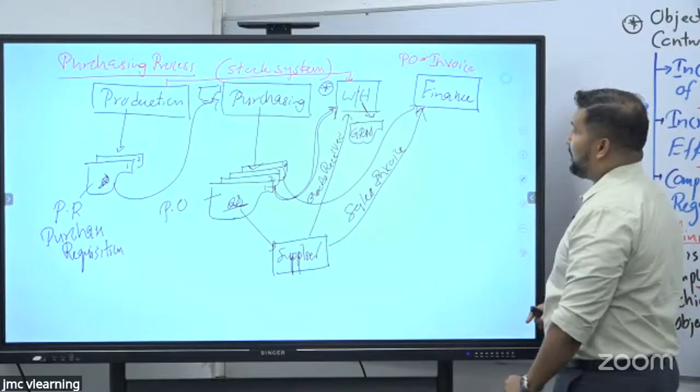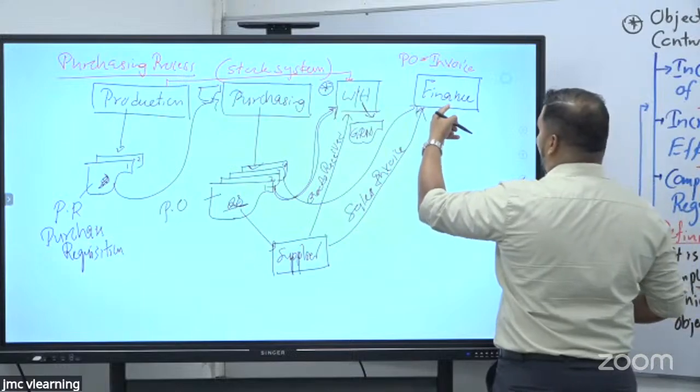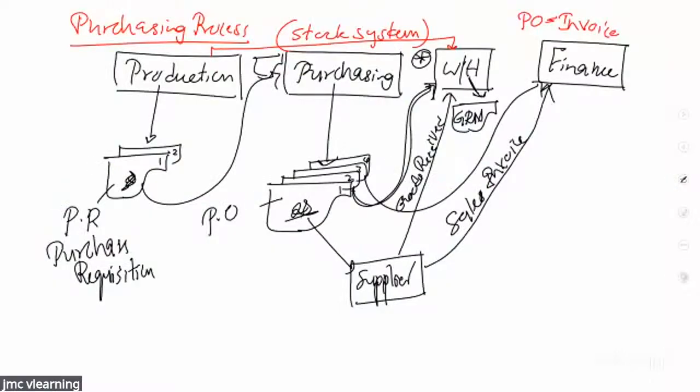He has to make sure that the goods have been handed over to the warehouse. So he will be checking that through the stock system, and he will be checking that with the GRN. So he will be matching 3 documents: purchase order, invoice, and GRN. This is referred to as what? 3-way matching.